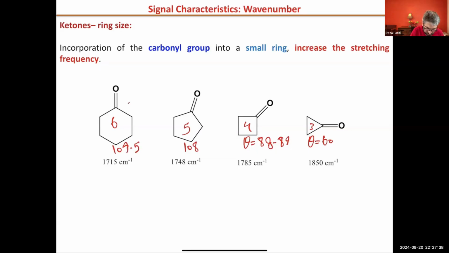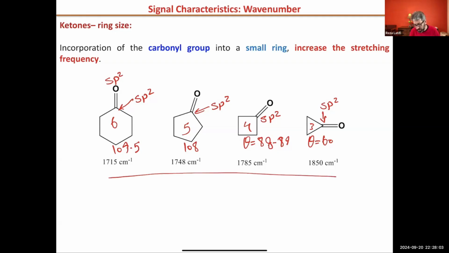This is sp2. That carbon is sp2, and of course, oxygen also is sp2. For all of them it is sp2. The only difference between them is going to be the size of the ring. As the ring gets smaller,